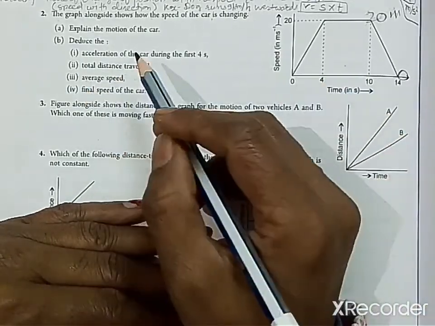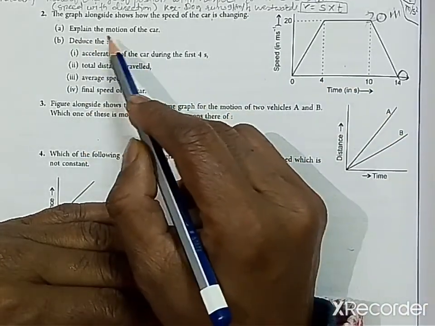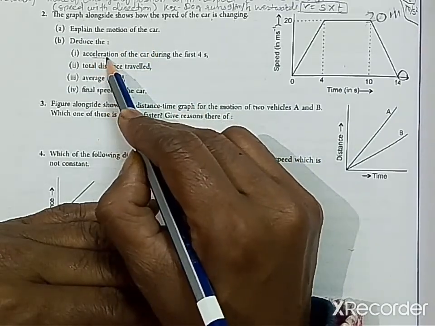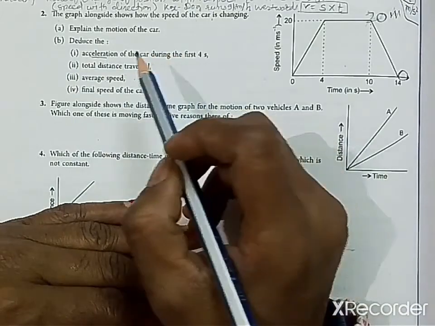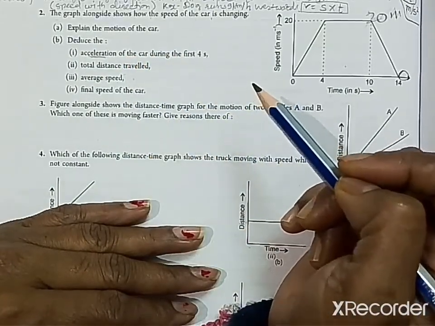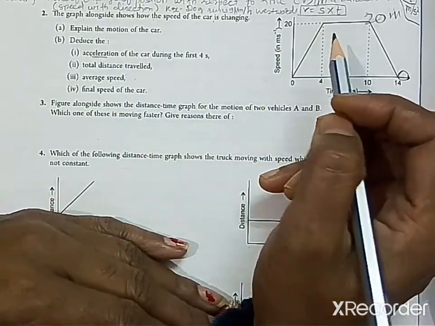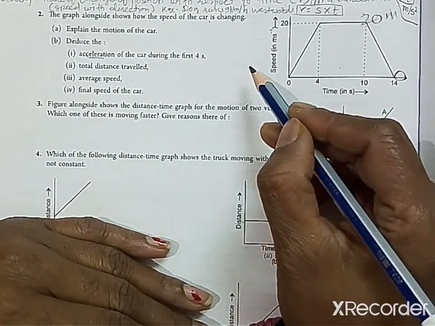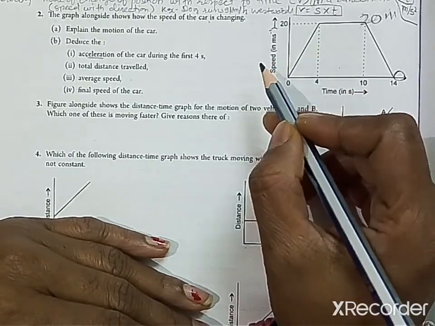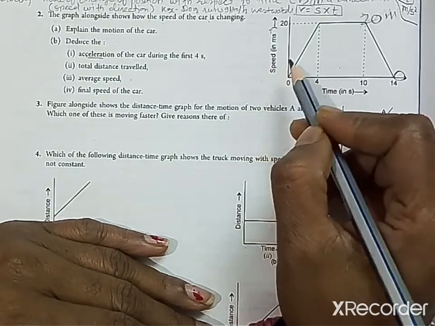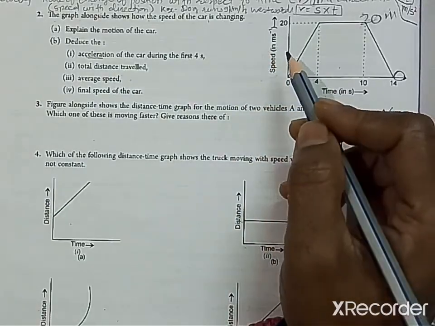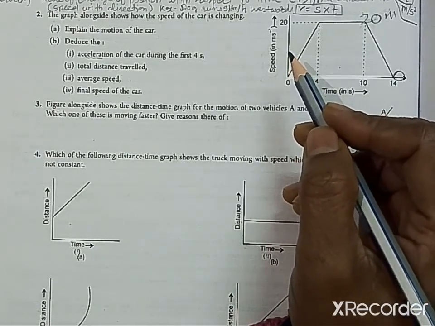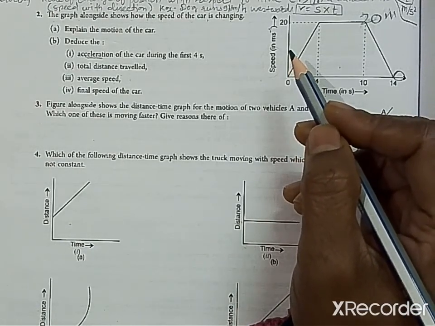Now here two more definitions, or we can say terms, are there. The first is acceleration. So what is acceleration? Acceleration is the rate of change of velocity with respect to time. And you know velocity is the speed with direction, it is the rate of change of position with respect to time. Velocity is shown by v while acceleration is shown by a. So acceleration is the rate of change of velocity.